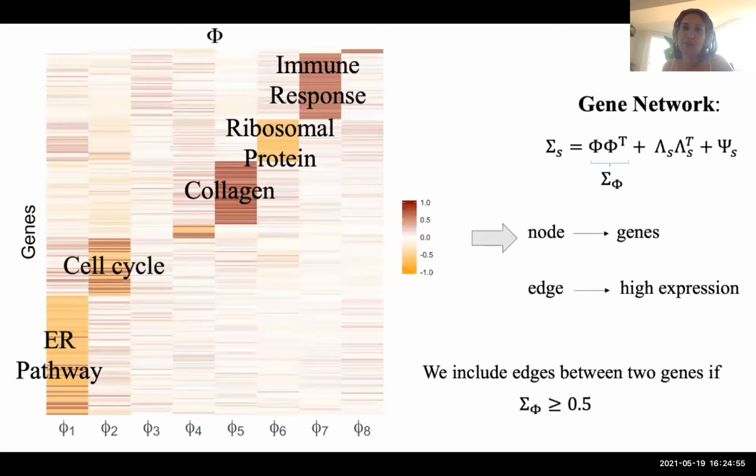So again, let me show you the heat map. Here, what we have is the heat map of the 8 common factors. And I just retained the factors that were greater than 0.6, just for easy visualization. And here what I did, I performed the gene set enrichment analysis again to see if each factor is associated with